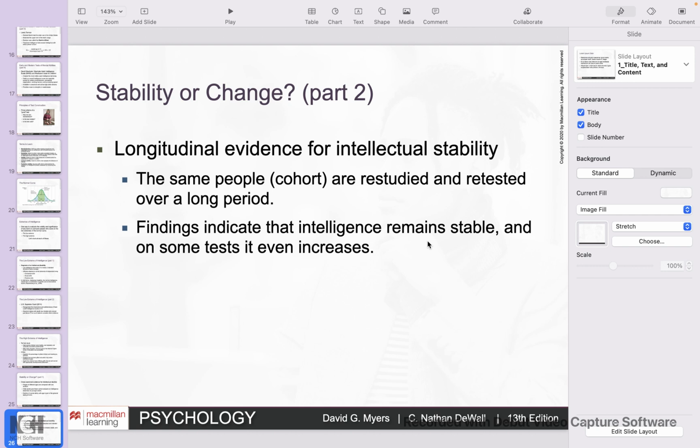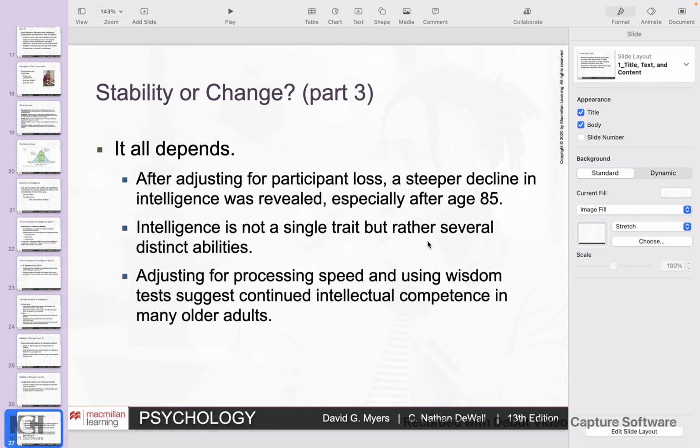So you're going to say, wait a second, how can it be stable, as longitudinal studies show, and how can it change as cross-sectional studies show? Well, it really all depends. What happens is what are we really looking at and how are we measuring it? So we know that in longitudinal studies, when you follow people for a long period of time, we come to realize that intelligence might not be a single trait, but rather can be several distinct abilities. And as people age, different abilities take on a stronger precedence in their life, and different abilities can really maintain